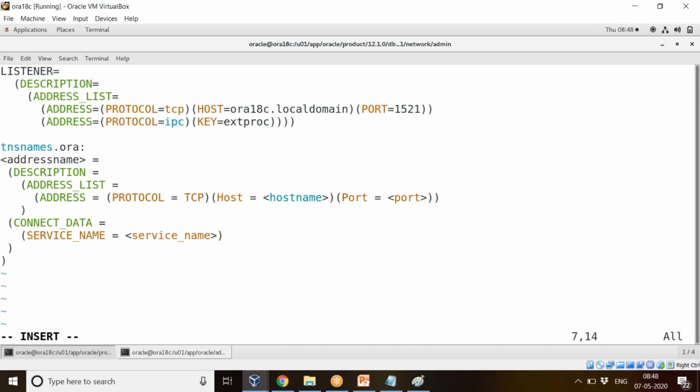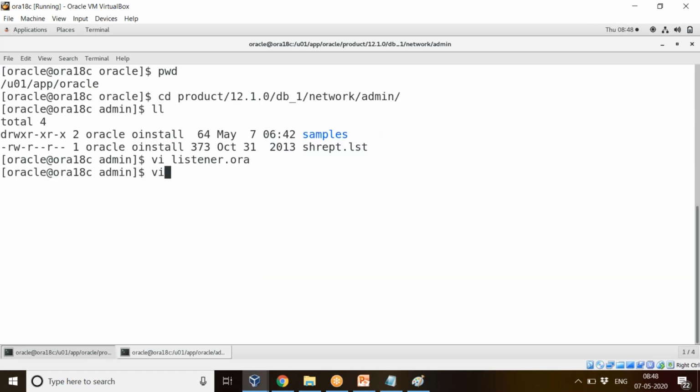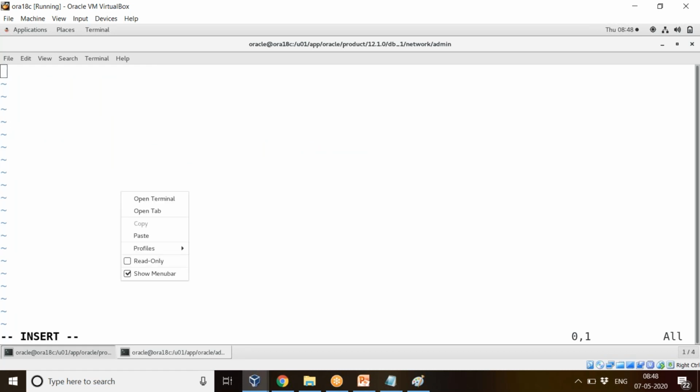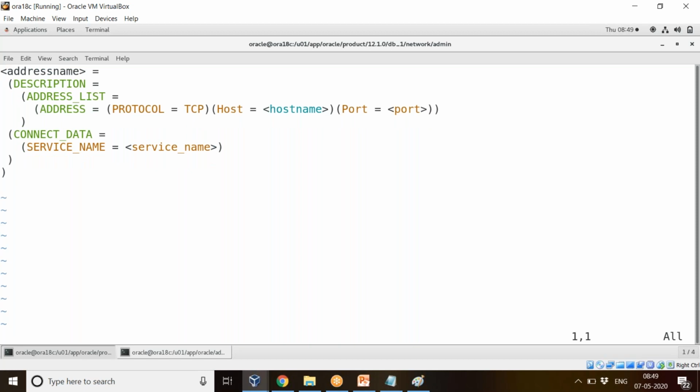Now the same thing I should have in TNS names, but the TNS names should be in a different file. So what I'll do, I'll just copy this and keep it under tnsnames.ora. Here, this line I'll remove. Here we have to give the SID name. So the SID names are DB2 and DB3, which we have created, isn't it? So DB2 I'll give.